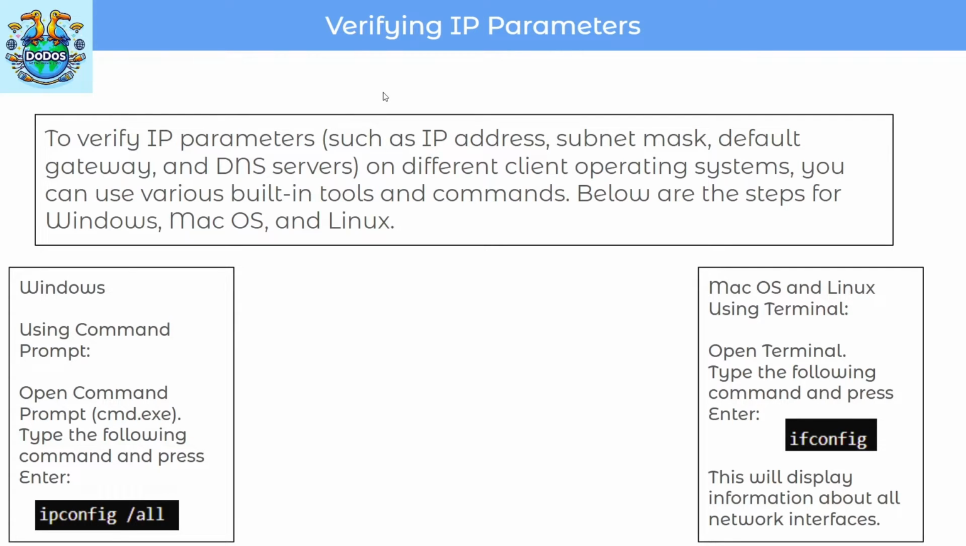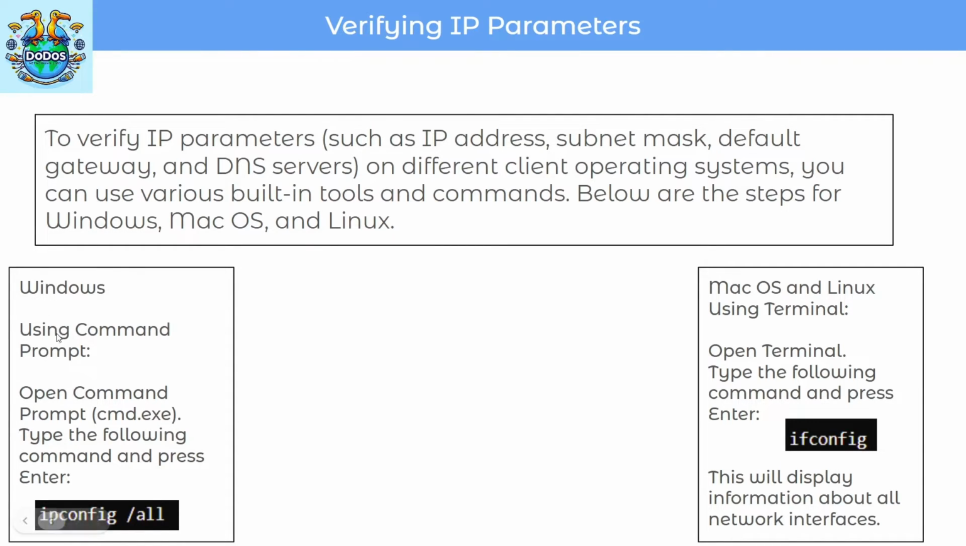Let's begin with verifying IP parameters. To verify IP parameters such as IP address, subnet mask, default gateway, and DNS servers on different client operating systems, you can use various built-in tools and commands. Below are the steps for Windows, macOS, and